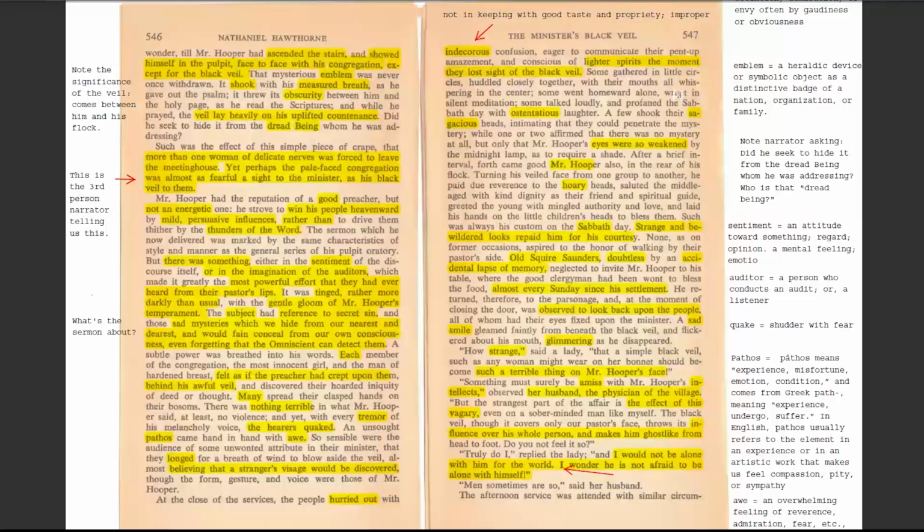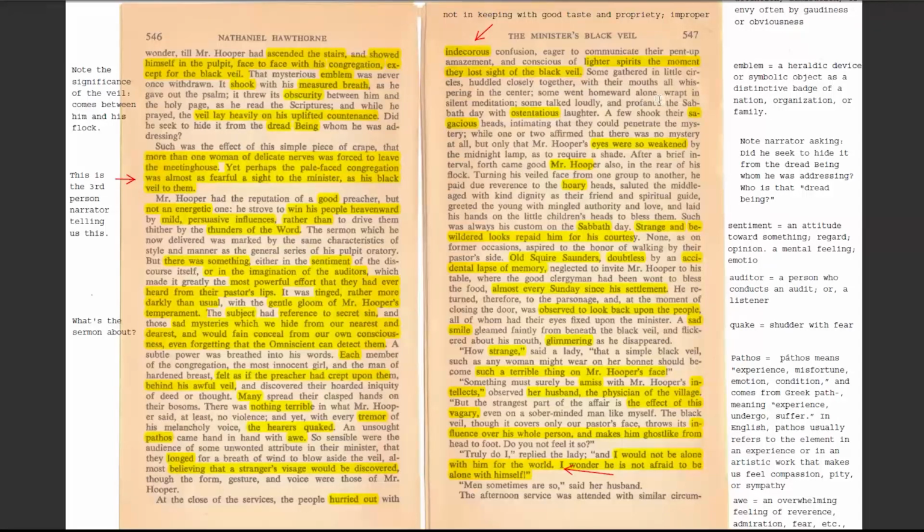The reason I'm taking a little time going over these words is because this is very important to the whole tone of the story, right? They don't know what the heck's going on, but they're feeling it. They're feeling the power of this guy. And all he's got on is this black veil. Remember, the only thing that changed, his temperament didn't change, his character didn't change. He delivered the same sermon, even though some people said it could be their imagination or maybe the content of what he was talking about. But that veil changed everything. That one thing changed everything.